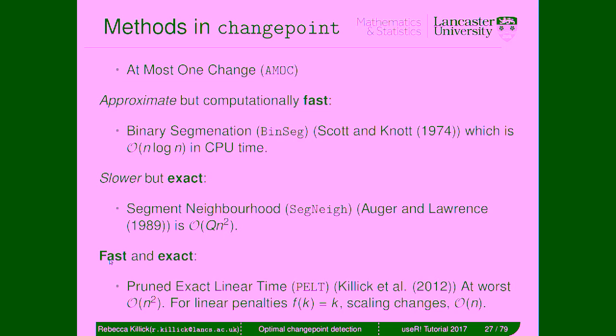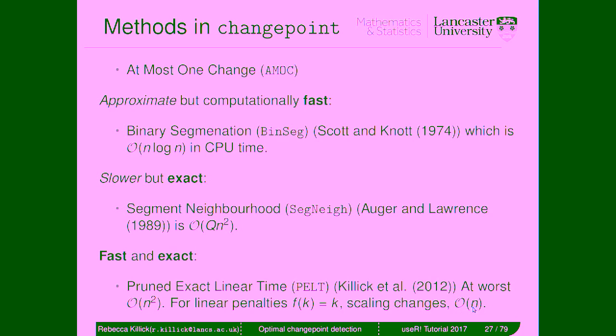In contrast, if you want both properties, you want to be fast and exact, then you can use the pruned exact linear time, which is the PELT option, which is an algorithm that I helped to develop. At worst, that is order n squared, and you're assuming a linear penalty function here. And if as you go through your data, you see more and more changes, then that will be order n